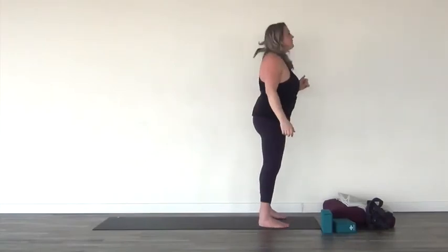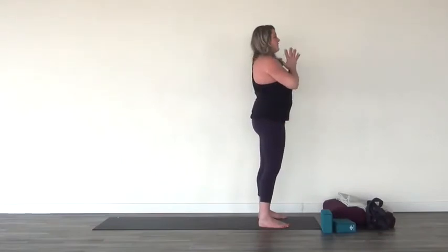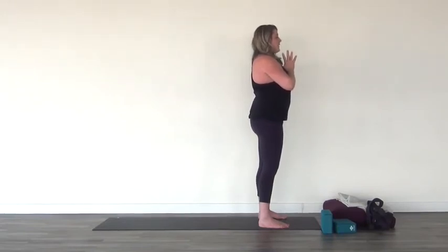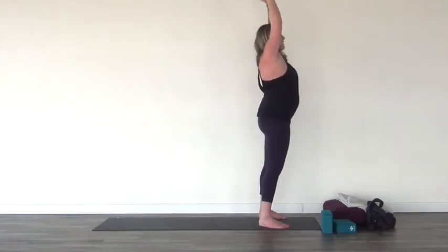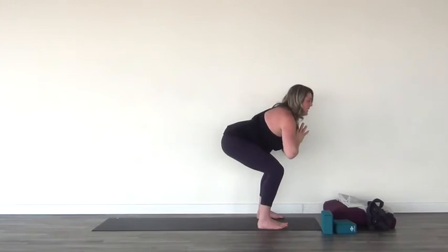So take your feet a little further than hip width apart. So you want to have room for baby, and we will kind of move into a pseudo squat. Good. So taking the hands at heart center with the thumbs connected, take a nice full breath in, big exhale out. And then we'll circle sweep the arms up and overhead. Good. And then as you exhale, I want you to hinge forward and move your glutes back into kind of